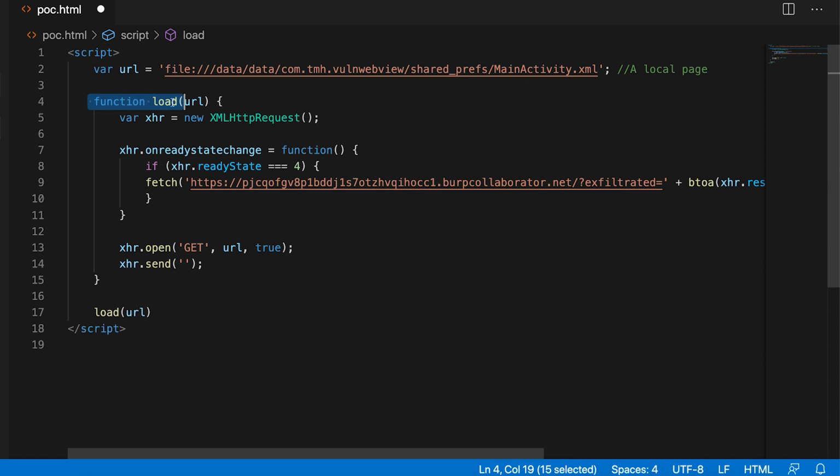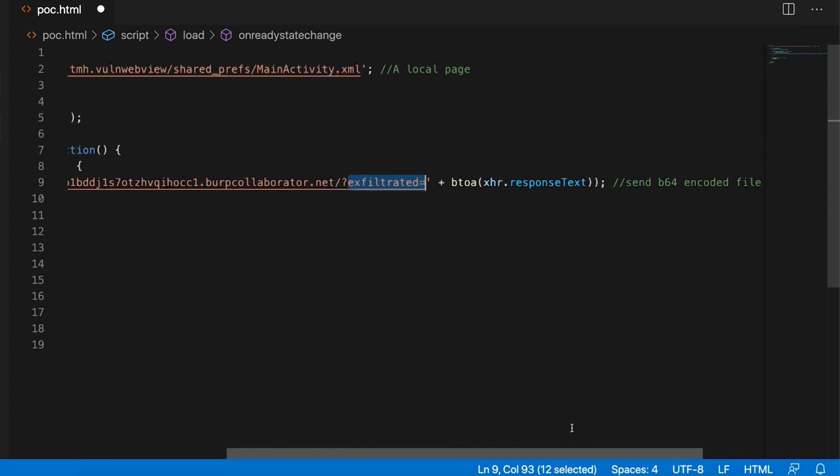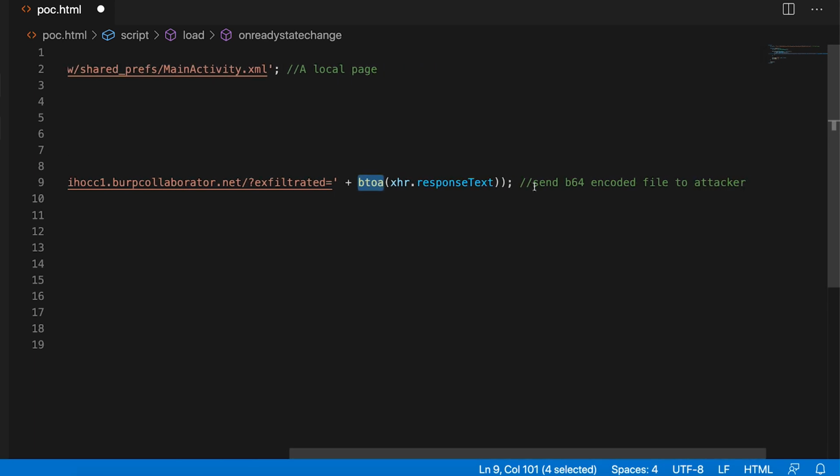Next, I'm declaring a function called load, and this will load the file path and it will make a request to the file path. And once the request for that is loaded, it will make another request to my Burp collaborator link. And here I've added another parameter called exfiltrated, and the value for that parameter will be the response I receive from the request that I made earlier for the file, and it will be base64 encoded.